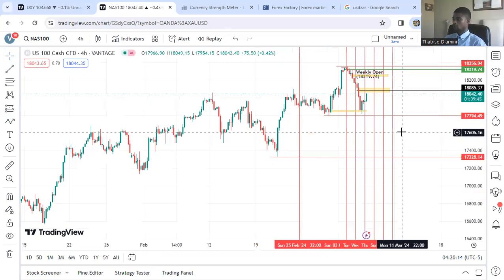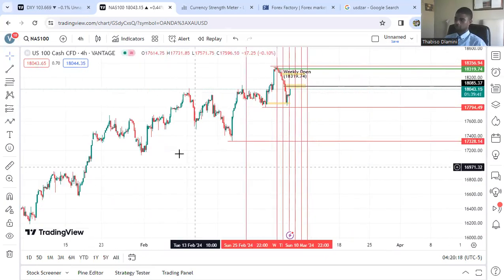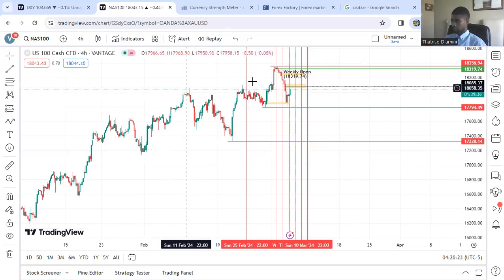And really, looking at the 4-hour, we haven't broken any structures to the downside, but we've been breaking structures towards the upside. As we can see, we broke structure. And as we came back down, normally we have to retest these highs, but we didn't do that. And as much as we came back inside,